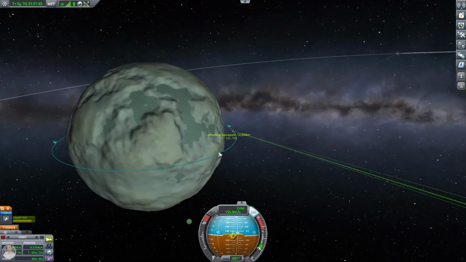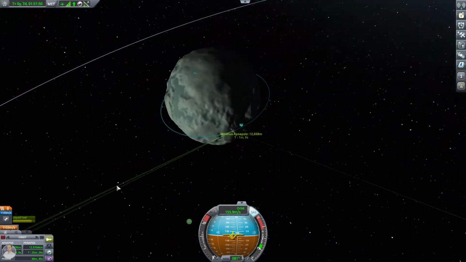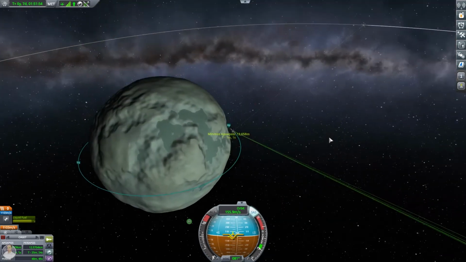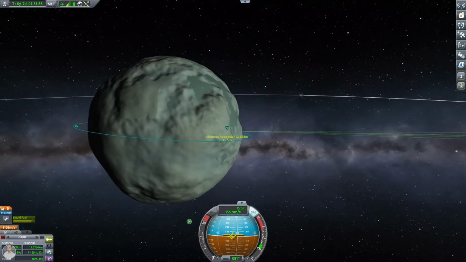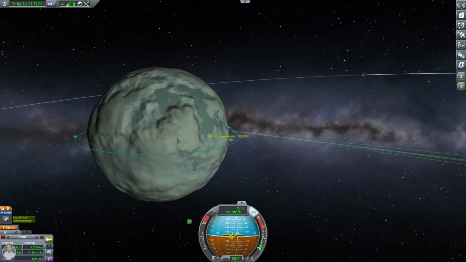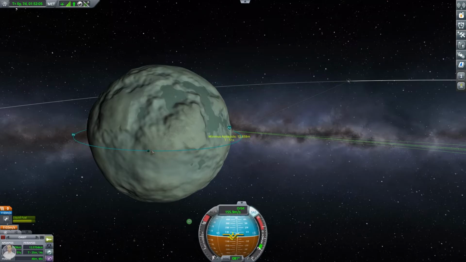Now we just have to choose a spot where to land. Okay, I don't know where we can land, but let's say around here. Looks okay-ish. Okay, let's quick save and let's get to...